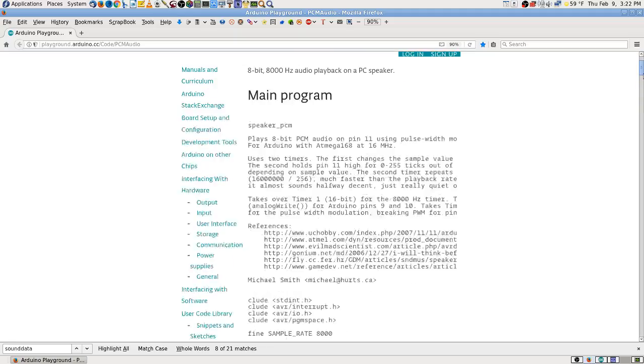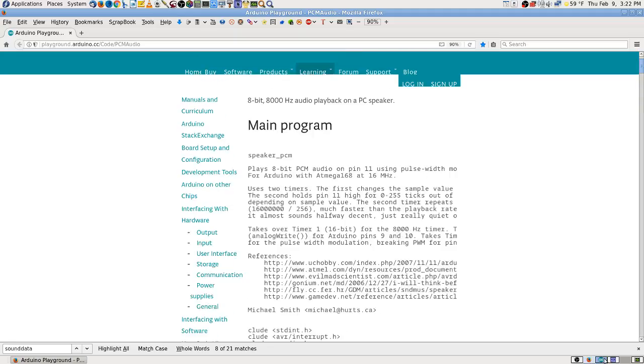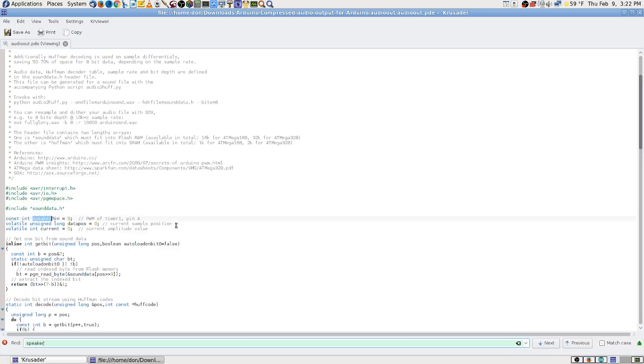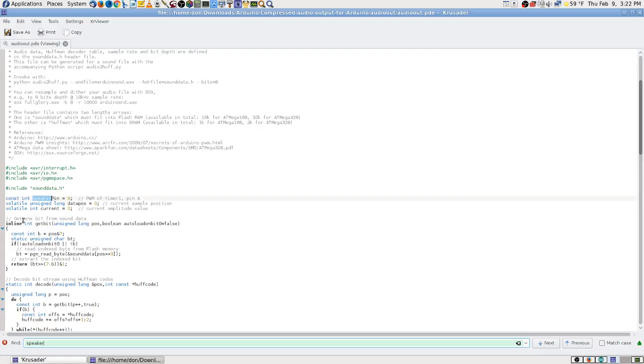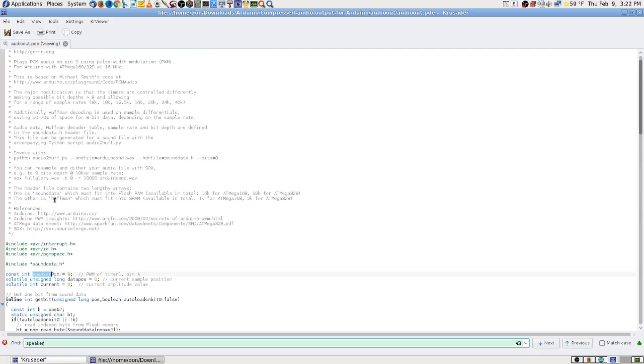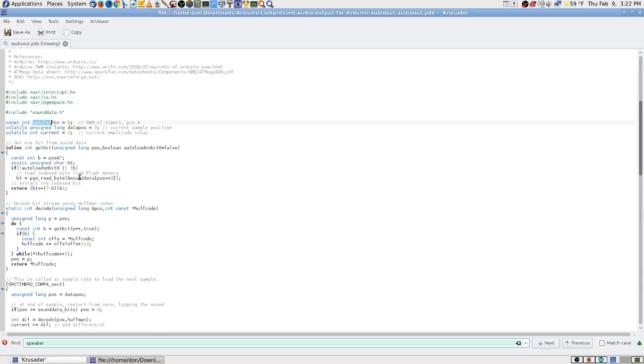But I tried this one and I couldn't make it work. I had gotten in two different IDEs and tried to make this other one work, and I hadn't tried opening this one up and looking at the file. This is the other one, and I got to looking through it, and I thought this one looks like